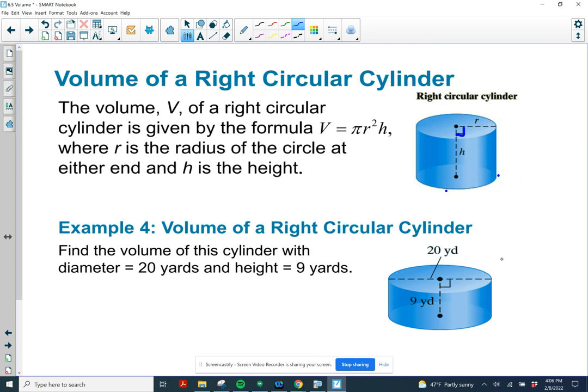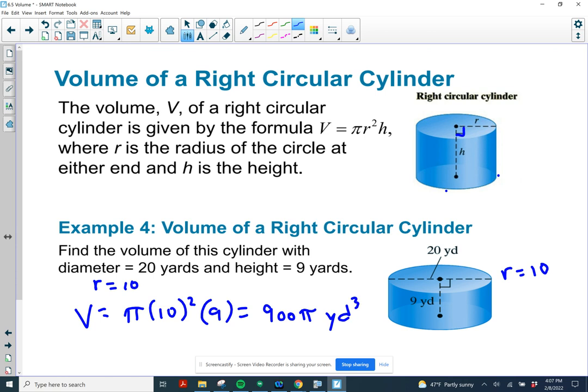So they gave us the diameter. I need the radius. The radius is going to be 10. Okay? So our radius is 10. Chop that 20 in half. So our volume is going to be pi r squared times h. 10 squared is 100. 100 times 9 is 900, so we get 900 pi